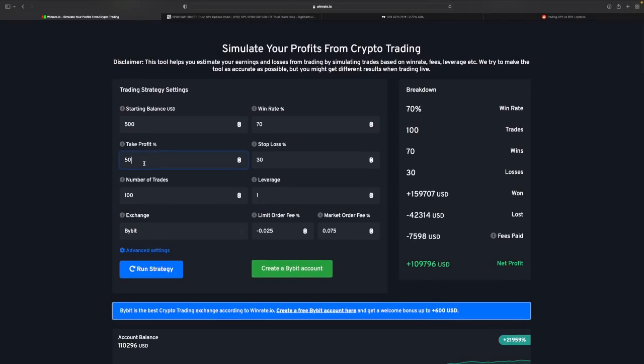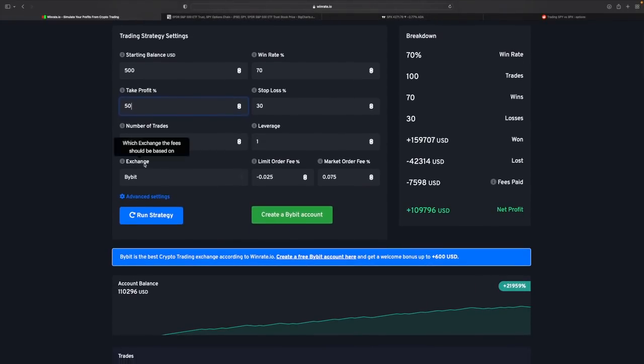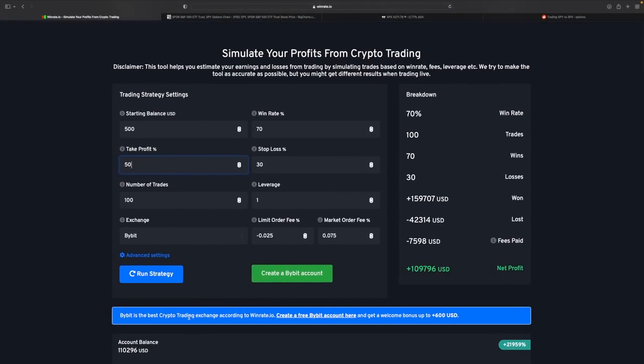50% is amazing. This is what I was talking about earlier. So hope this concept is coming together in your mind, and you're changing your perspective towards what a consistent profit means and what trading means. You will not have a 100% win rate.